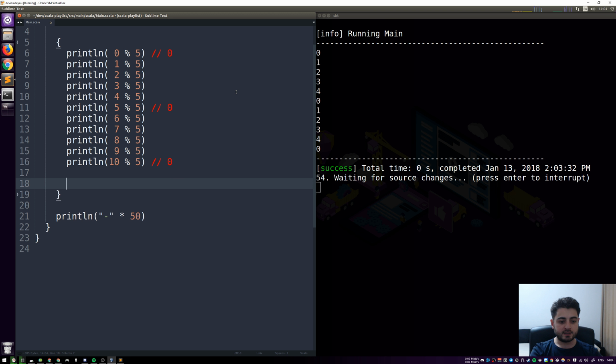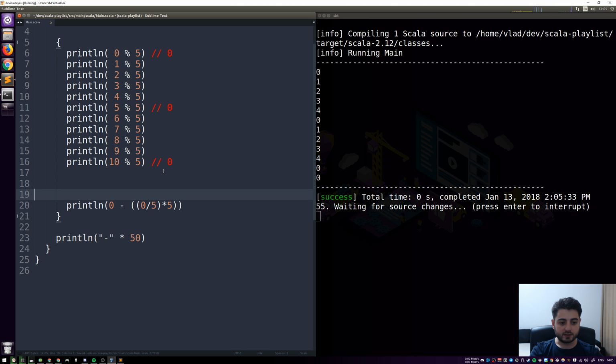In fact, what we're going to do next is have a bit of a mathematical way of writing this down, right? So this is just a 0. We're going to do the first one. This is just a notation for what we're writing over here. So this is a 0 minus something, and this something is going to be 0 divided by 5. So this is what we had. How many times is it actually going to fit, and multiplied by 5? So we're subtracting this thing from a 0, and what should come out is a 0. Let's actually have a print line over here,